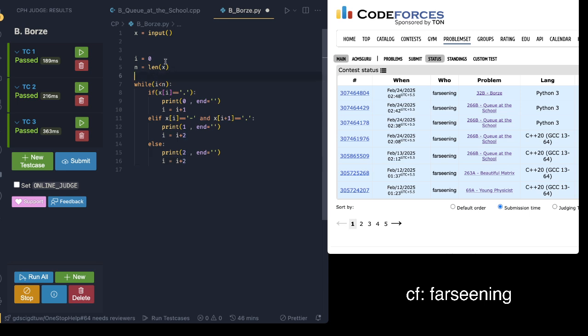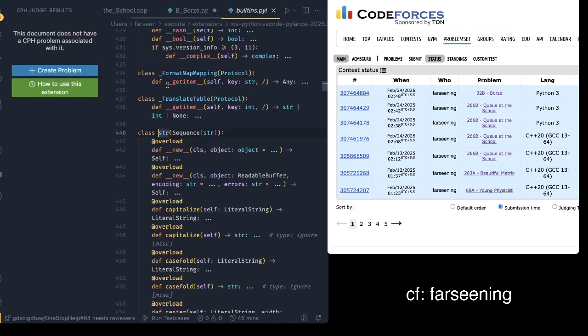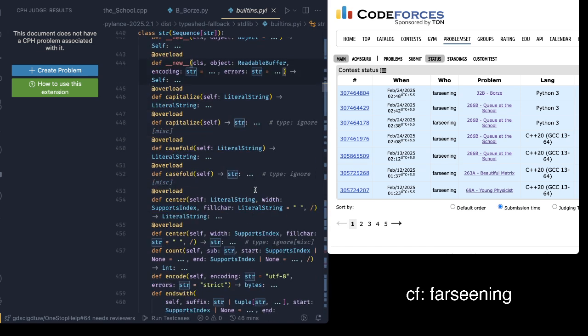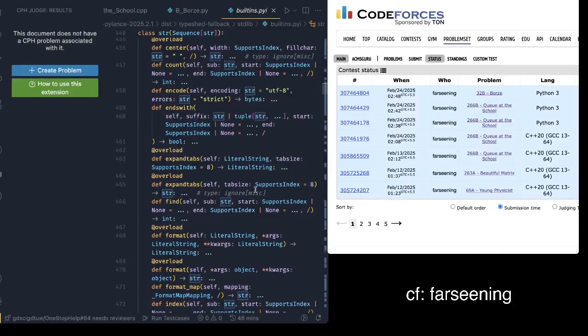Python stores string in that way. The string is an object of characters, right? Let's see, str. Let's go to the docs itself. The sequence of string, an object of